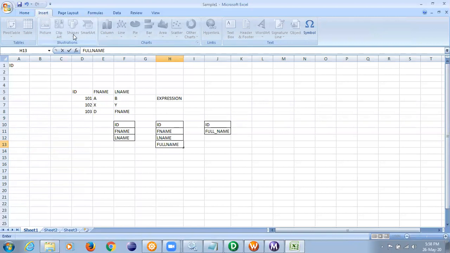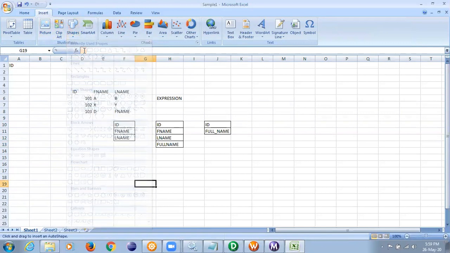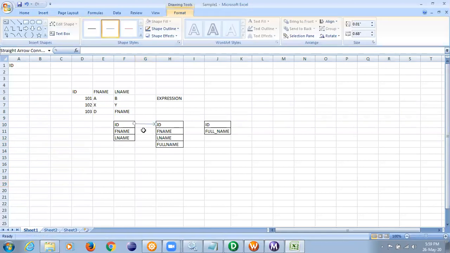shift, link. So this ID will link here, correct? That way, Control C, Control V. The first name will link here, right? And similarly, we will have the last name. Am I correct? This way we will link it here. Similarly, do we have any changes in the ID? No. So can I link it as it is?